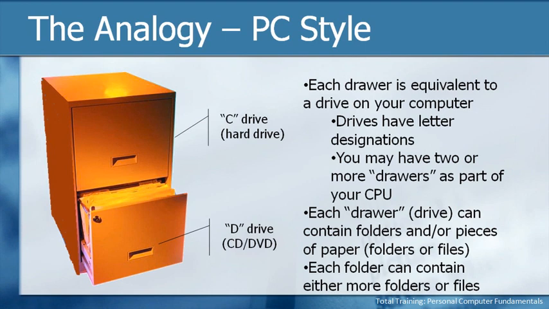The reason we would use a file room and the reason we would use a server is because we don't want to keep all of those files on our desk. Either because there's too many files for us to keep on our desk, or because other people need to have access. If you keep files on your local computer, in a business environment, it's going to be more difficult for other people to get access to those files, just like if you had it in your own filing cabinet. But by keeping it on a server, on a network, then everybody has access to it, just like they would if it was in a file room. So hopefully you get the idea here. The analogy really works, and even though it's an analogy that's been around a really long time, as I like to say, if it ain't broke, don't fix it. And it really helps to accurately describe the file structure on